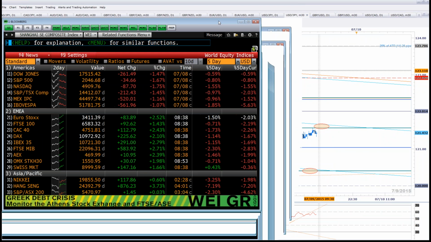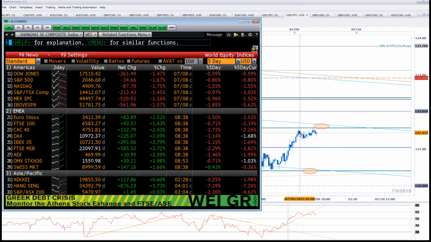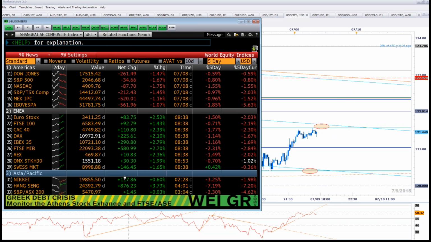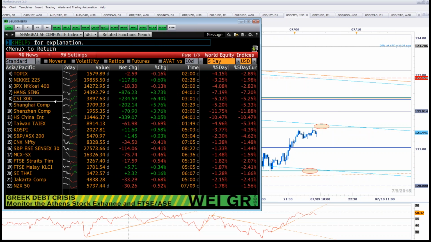So here's what the equity market looks like so far today. Remember, the yen strength is a predicate of the risk sell-off market. It's the typical play. So I'm a little bit reluctant to press the short here. I want to see a little bit more of a technical play. But here's the CAC 40 up 2.4%, DAX up 2%, FTSE 100 up 1.43. You had the Hang Seng overnight up 3.73. In fact, if you look at the Asia market, you can see that the Shanghai Composite actually bounced back 5.76%